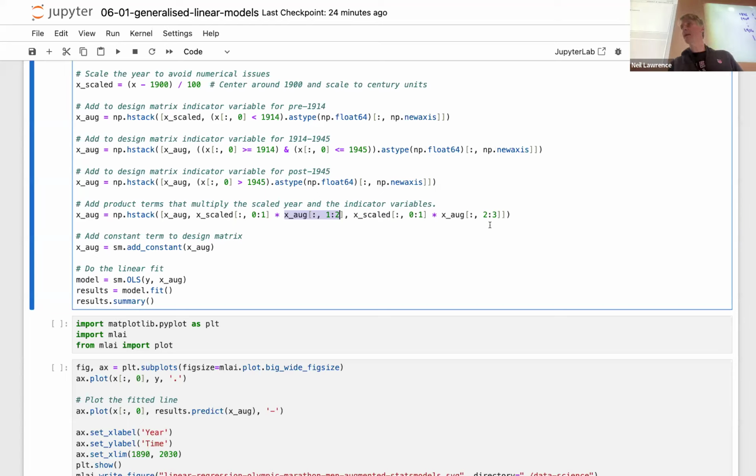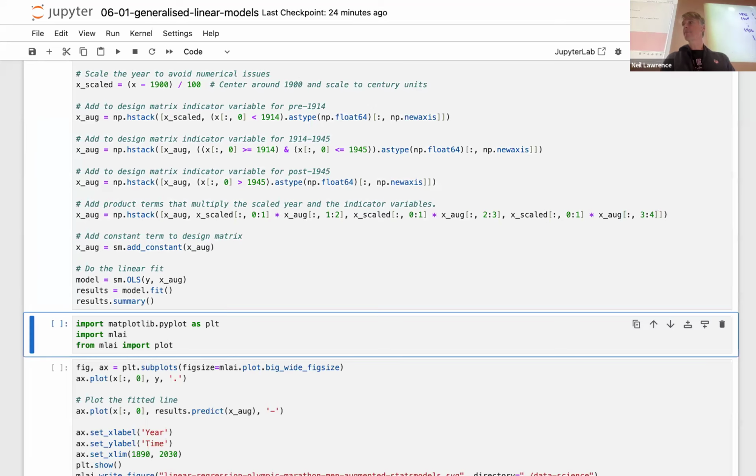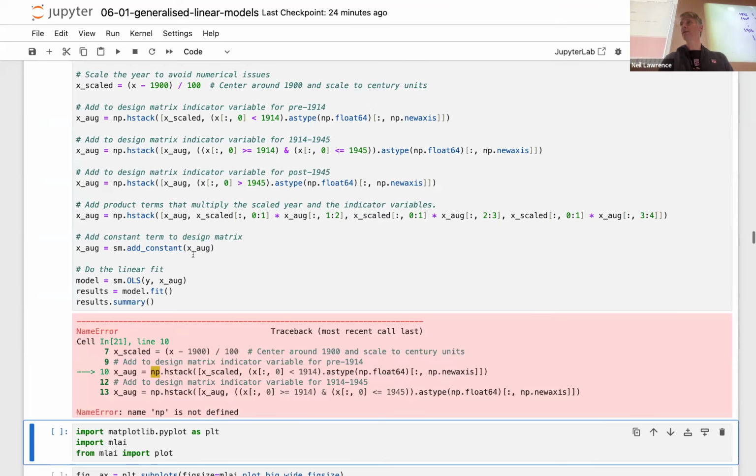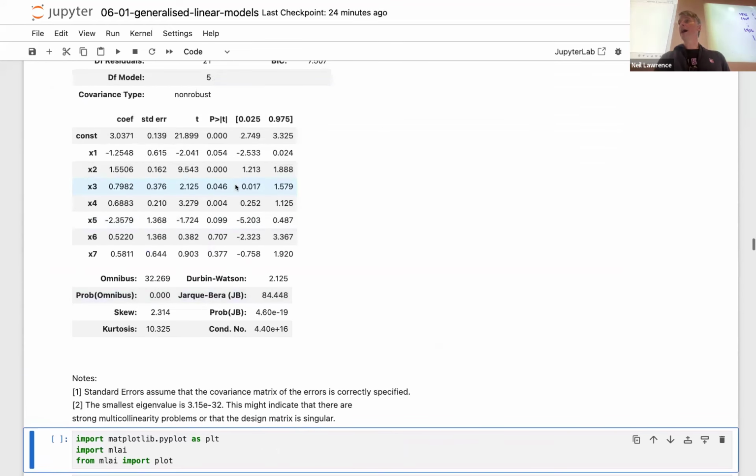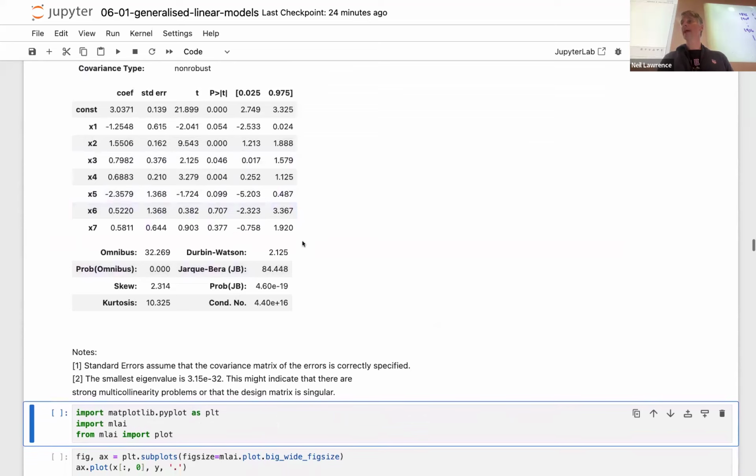And those additional parameters, and I think if I look here, I realize I'm missing one, I think. Unless I've misunderstood what I'm doing here. Those additional parameters are then going to give us the ability to have an M for each of those zones, right? So 3 more parameters, which means we can actually change the gradient at each time. So let's do that. Oh, and then realize we haven't imported NumPy. And now look what happens. Okay,